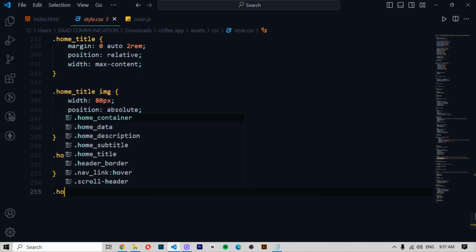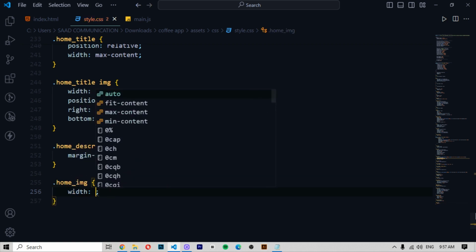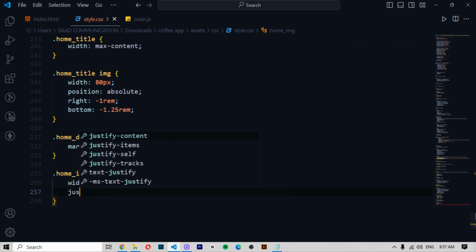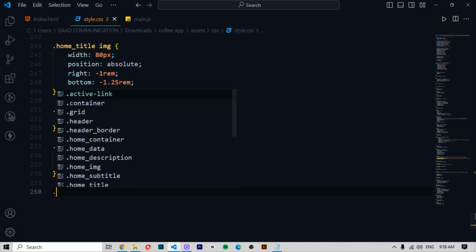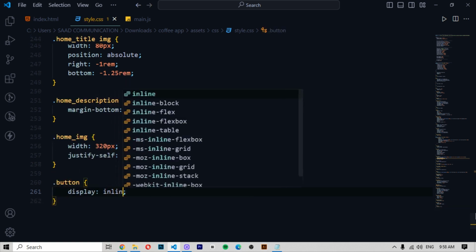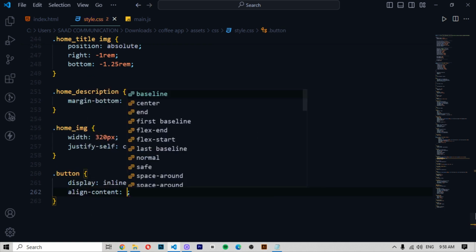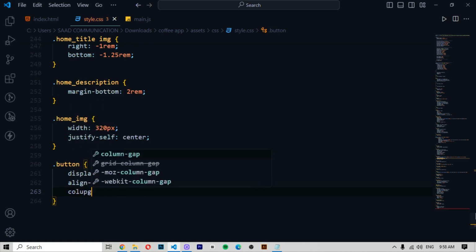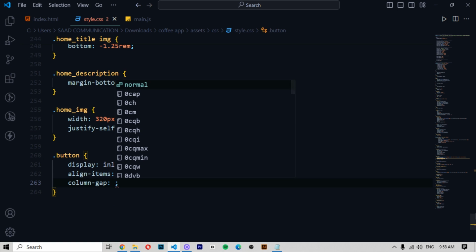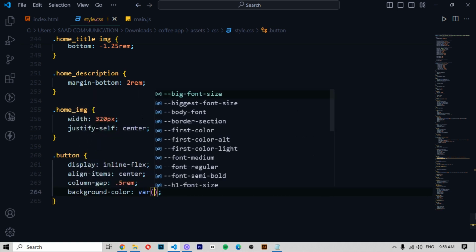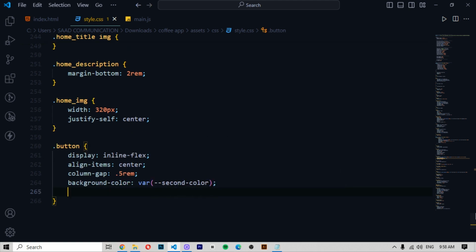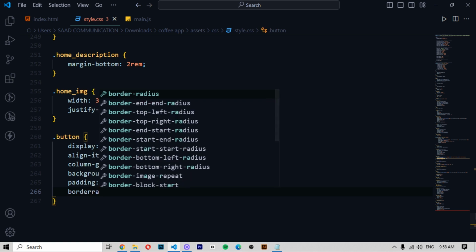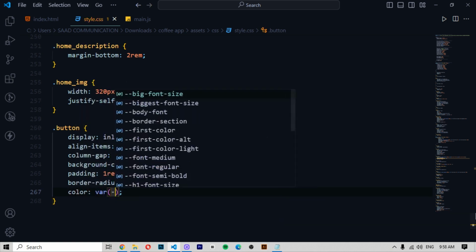Enter press, and now here we write .home-img width should be 320px, and then justify-self should be center, and then .button, I am writing .button should be display inline-flex, and then align-items should be center, and then column-gap should be 0.5rem, then here I write background-color should be var(--second-color), and then padding should be 1rem 1.5rem, and then border-radius should be 4rem, color var(--title-color),